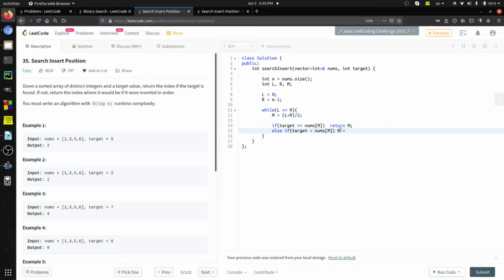So we are going to shift our right pointer to m minus 1. And the last condition is else. I'm not writing the condition because the only condition that remains is target is greater than nums of m. So I will just write the statement L is equal to m plus 1. So I will update the left pointer.